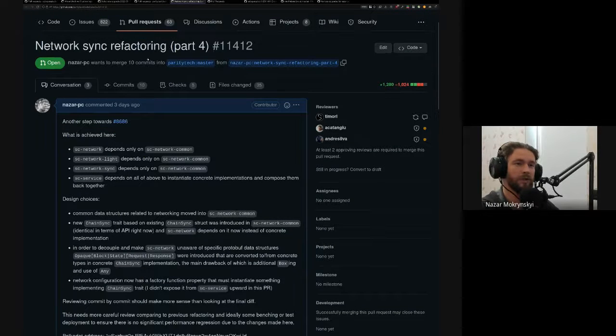So the 4th part has a sc-network-common, which has some interfaces and data structures which are shared. It has the light client part of it separately, which only depends on the common data structures. It has the sync part of it, including warp sync, which also only depends on the common part. And then there is sc-service, which uses network and all of the other crates to wire it together. So theoretically, we should be able to take this and wrap it with our own custom stuff, and then